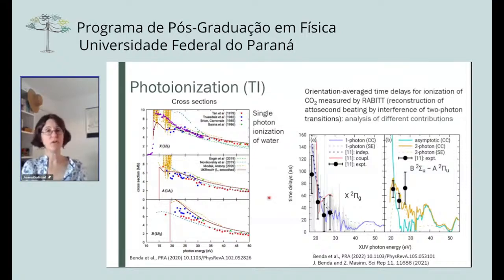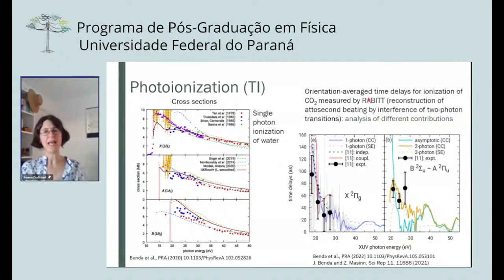But we can actually also study more complicated processes. So processes like, for example, ionization by several photons. And when you do that, one of the things that you may be interested in studying is the time delay process for the ionization. There is an experimental method called RABBIT that has been used over the last few years quite a lot. And my colleagues, former students and postdocs of mine, Zdeněk Mašín and Jakub Benda in Prague, developed an approach using the time-independent R-matrix approach and the software that we got to study these time delays and compare it with